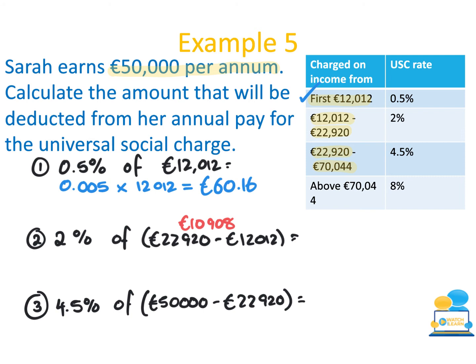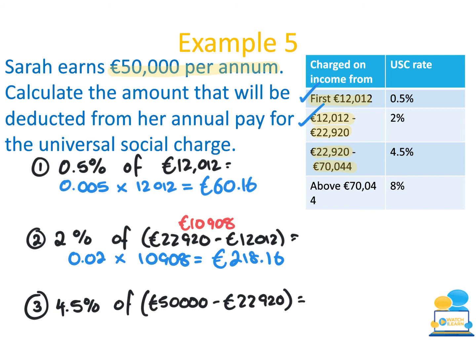So 2% as a decimal will be 0.02 multiplied by 10,908. And that works out to be €218.16. So that's the amount of USC she's paying from the second step. That's that done. And then my final step, I need to find out she's paying 4.5% of the money